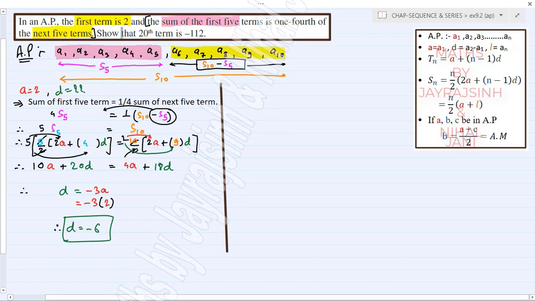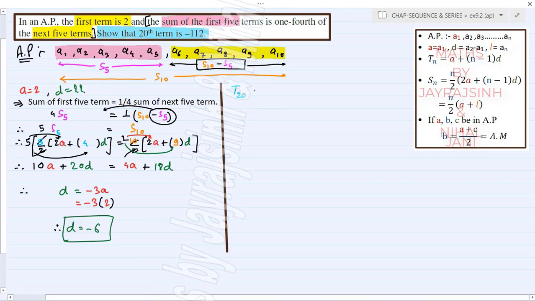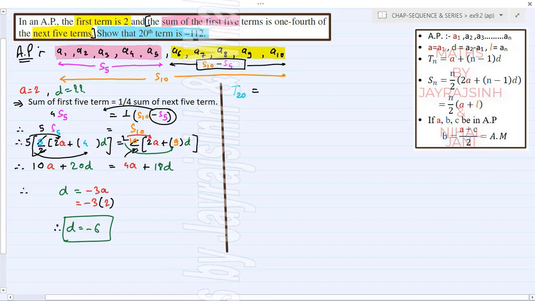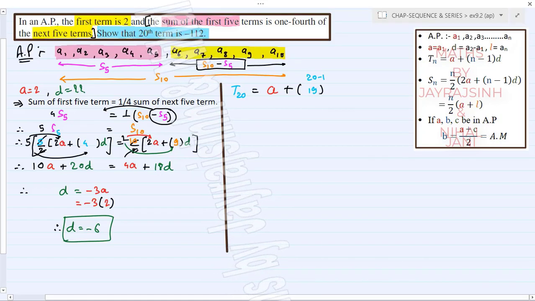If you remember the question, we have to prove that your 20th term is 110 minus 112. So, using the formula of nth term, let's see. We can say T20 is a plus 20 minus 1, or we can say 19d, and